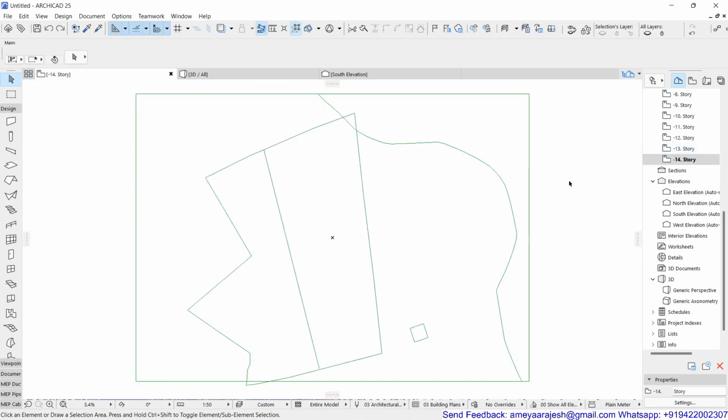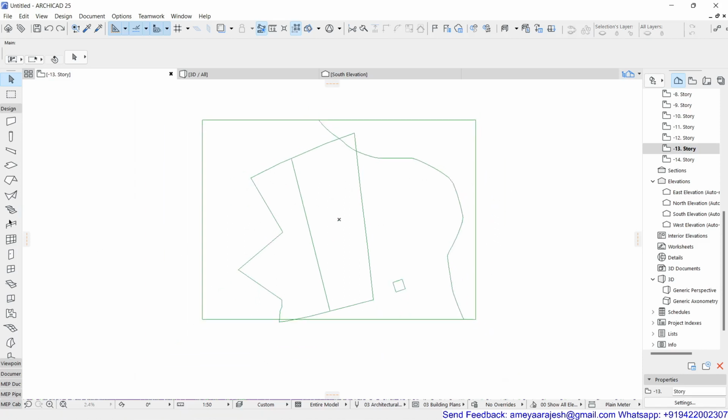Start tracing out these contours. You have got the idea. Like if I change the story, every time this cutting line is generated. Why is this getting generated? A simple logic, because even if you just try to pass one section, you will surely understand what exactly is happening.